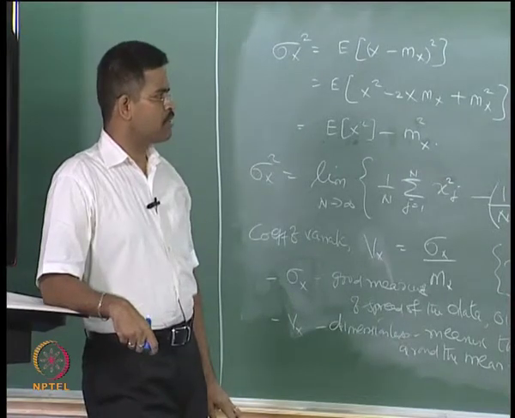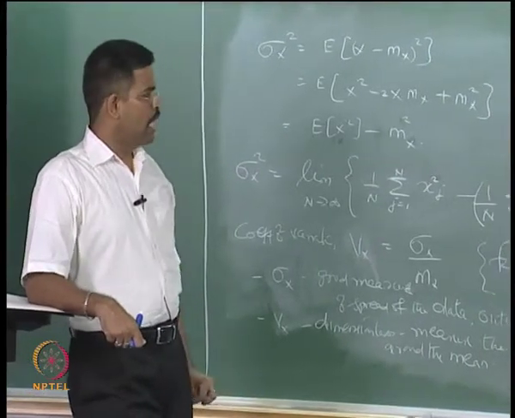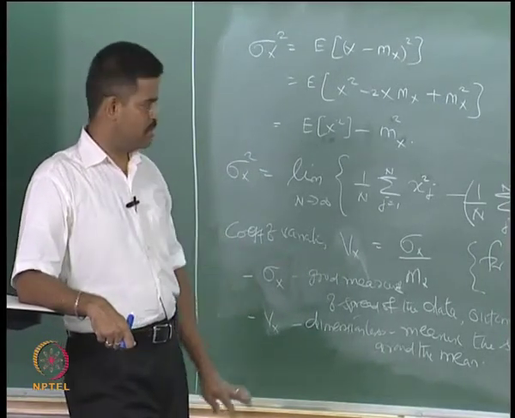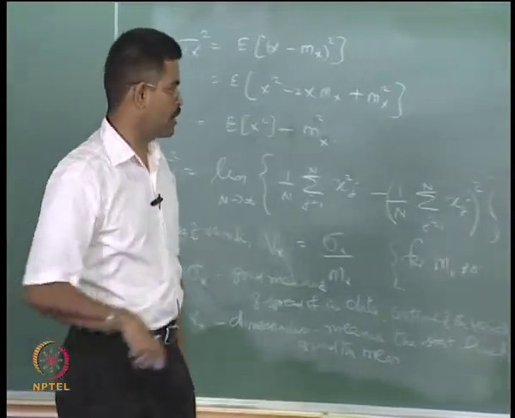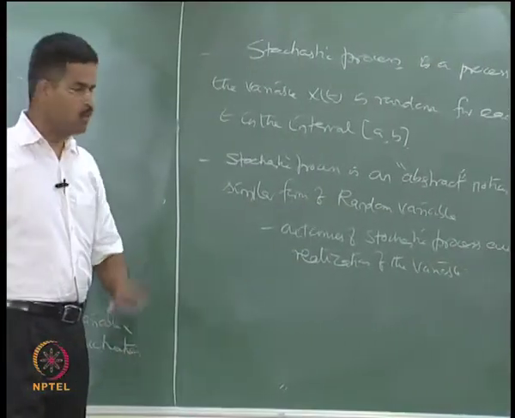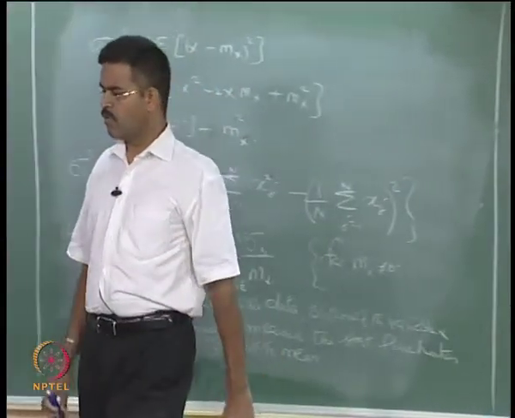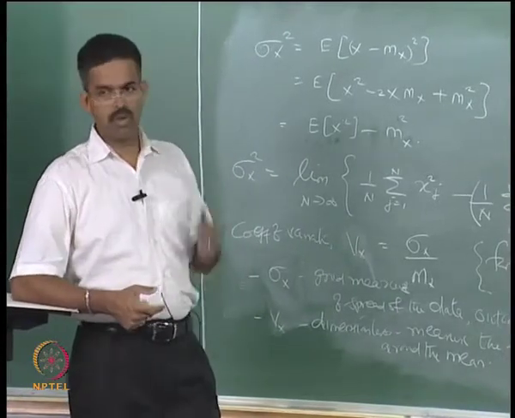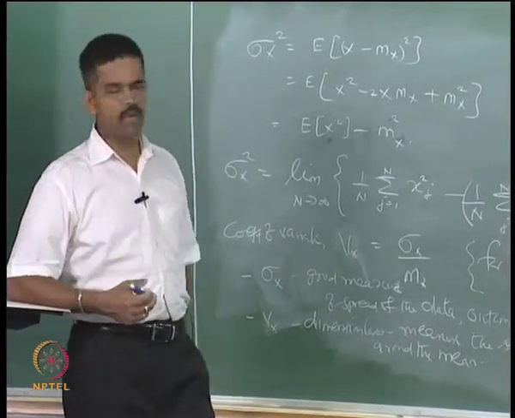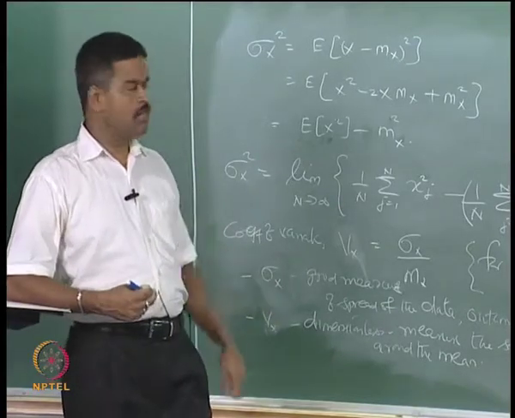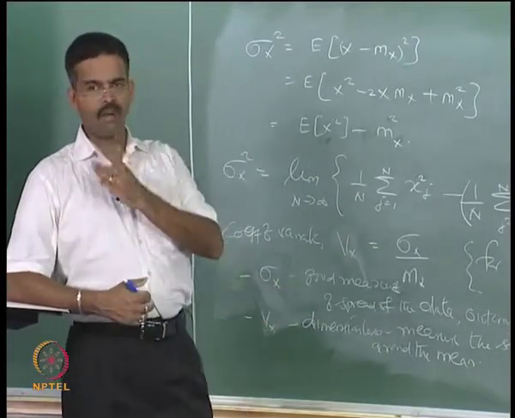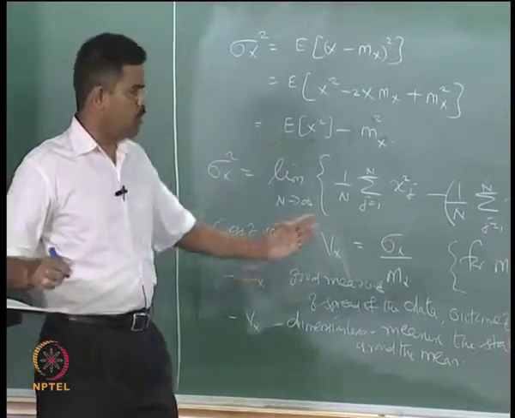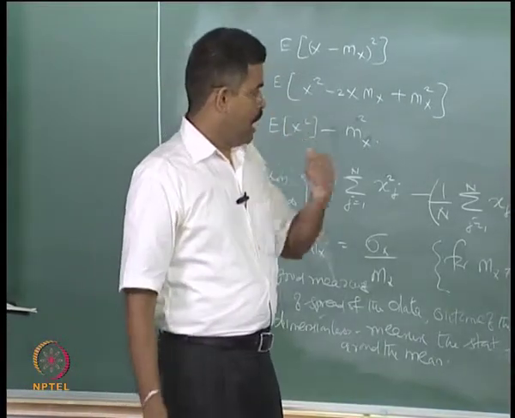Having said this, we will try to use modal analysis, the modal participation factors and truncation of higher modes in dynamic analysis using classical theory, what we call modal truncation theory, and subsequently we will use the stochastic process again to find out the fatigue life of structures. How can I do that? Because to find out the fatigue life you need to know the zero crossings or any value above the threshold number like x of t, as we have seen in the previous example. So, that will be the path for another 5 to 6 lectures in module 3, which will talk about the alternate method of dynamic analysis.